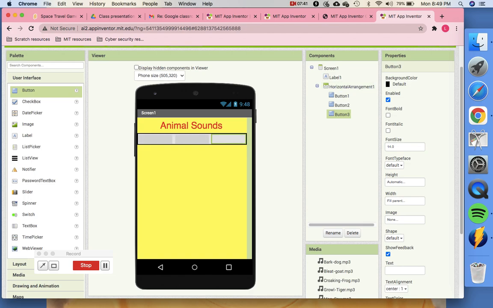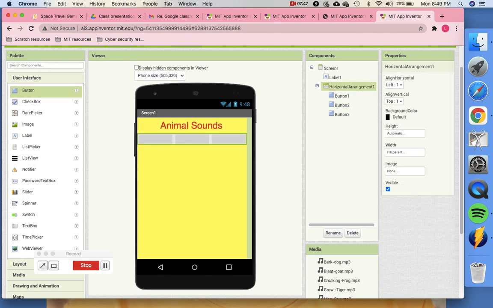First, all these 3 buttons are inside a horizontal arrangement, so I have to go to the horizontal arrangement and set its height. I just have 6 pictures, right? So even if I give a little space below and in between the 2 rows, this can take 40%, this can take 40%.